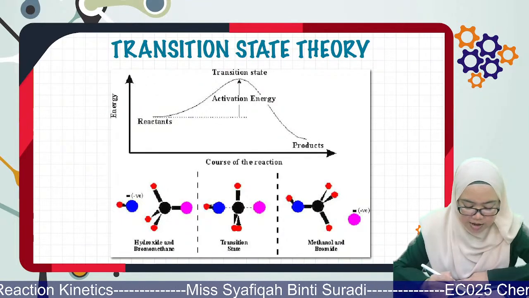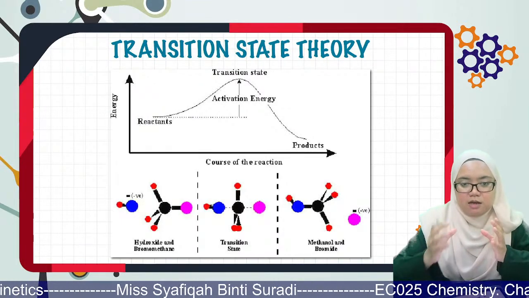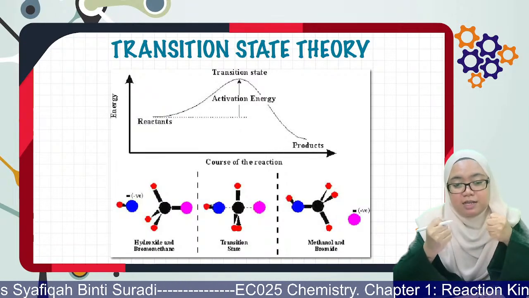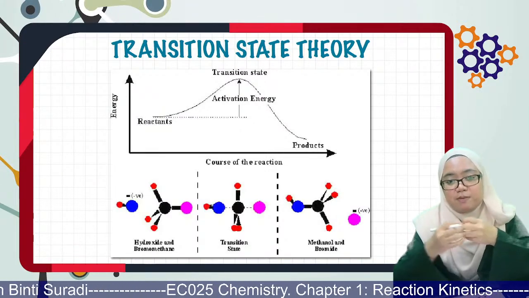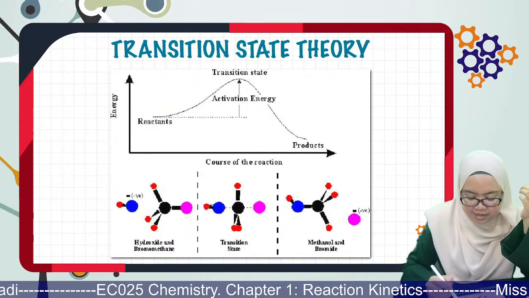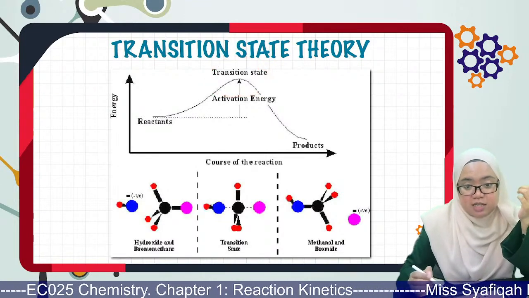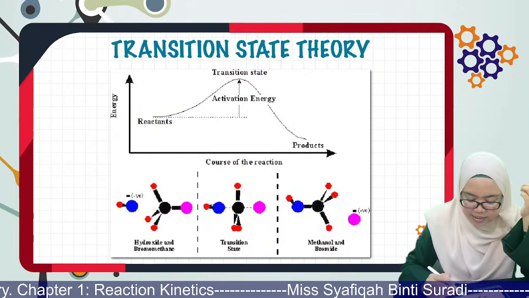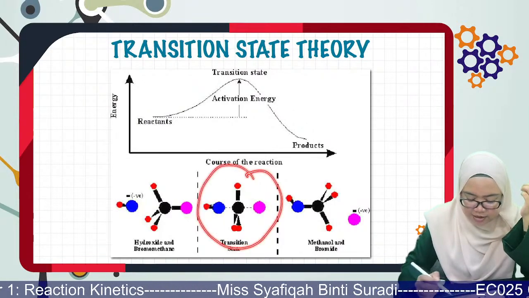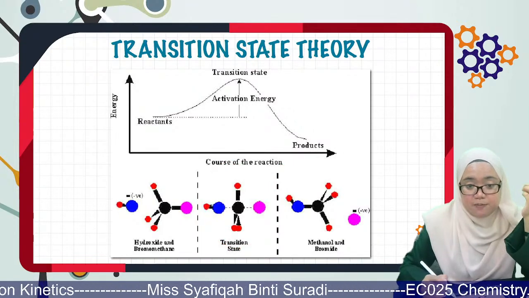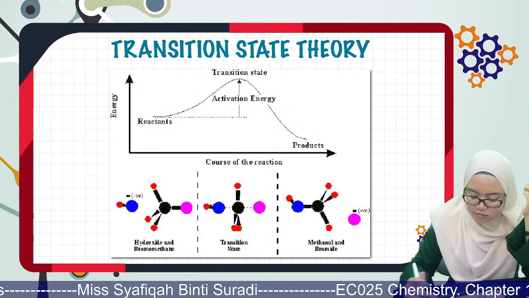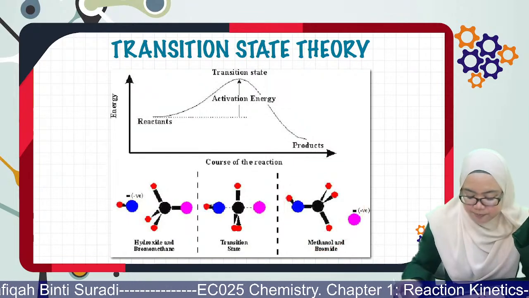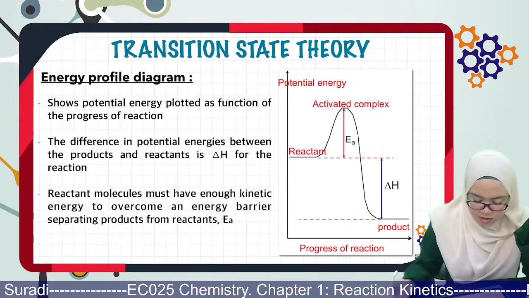Okay, dia kita punya reactant tu dia dah nak bersambung, dia on the way nak buat produk baru. Okay, so dia ada dekat sini, dekat transition state. So kita panggil yang dekat sini sebagai activated complex. Okay, and then baru dia form new product kat bawah ni. Okay, so kita boleh